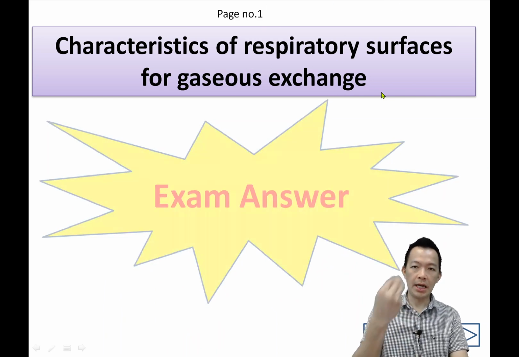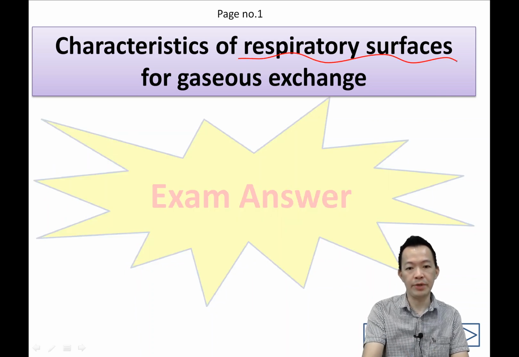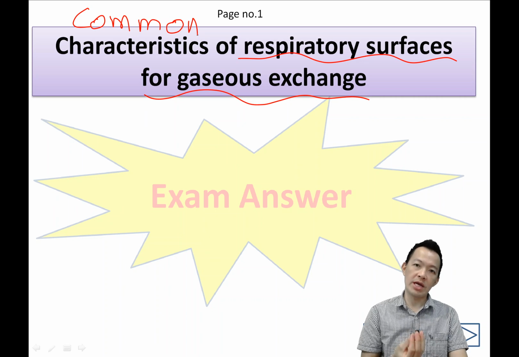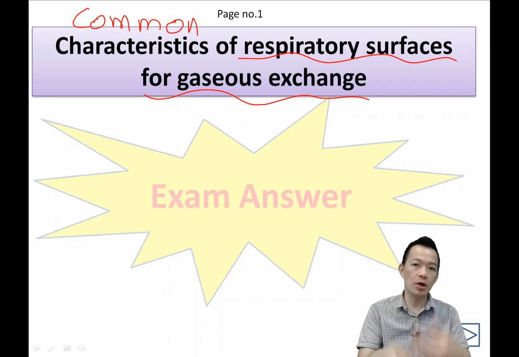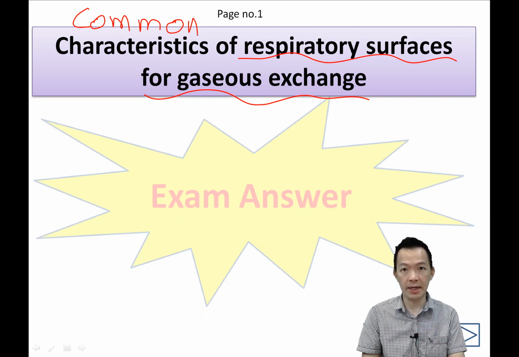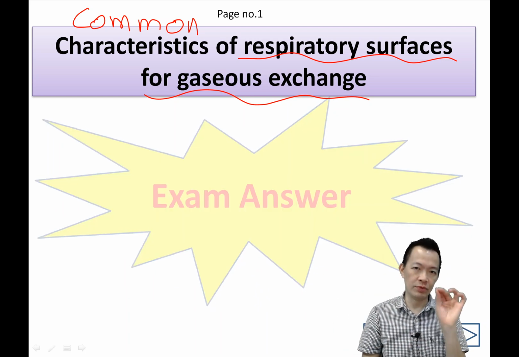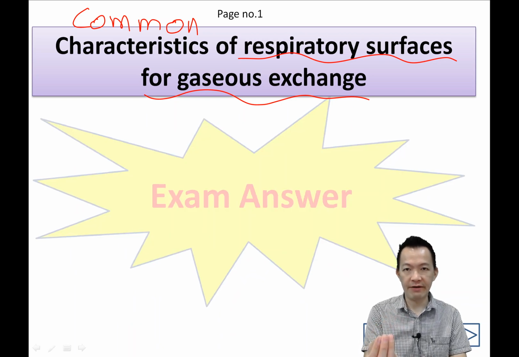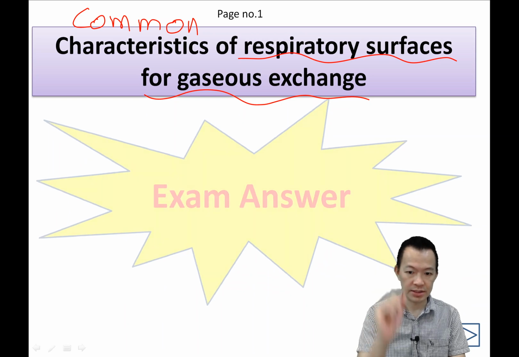Okay, so for all the human and animal, 不管是人类动物, when we talk about the respiratory surface for gas exchange, 当我们讲到呼吸的结构，呼吸的表面 to exchange the gas, we actually have some common characteristics. 其实我们大致上都是一样的。So even if we are human and they are animals, our respiratory surface, our gas exchange mechanism is almost the same as other animals, just the structure is different, 结构不一样，这样子罢了。不过它的原本的特征呢，大致上没有什么差别的。Okay, so when they ask about grasshopper, frog, fish, human, all the answers are almost the same, just change a bit only, 改一点点东西。Okay, so what are the common characteristics for the respiratory surface or respiratory structure for the gas exchange in human and animal? 到底有什么共同点呢？